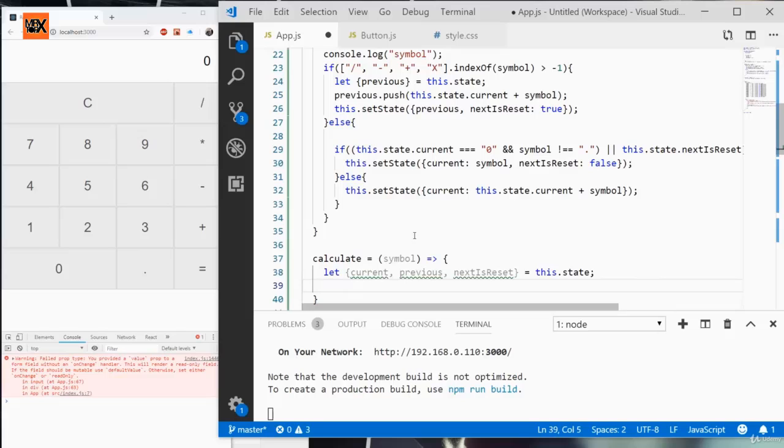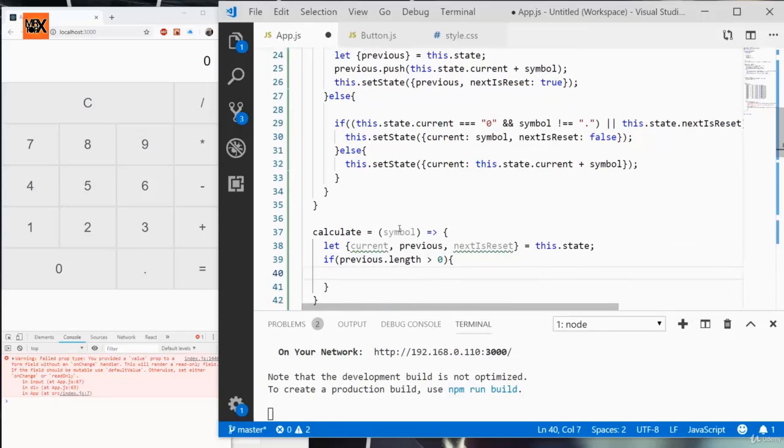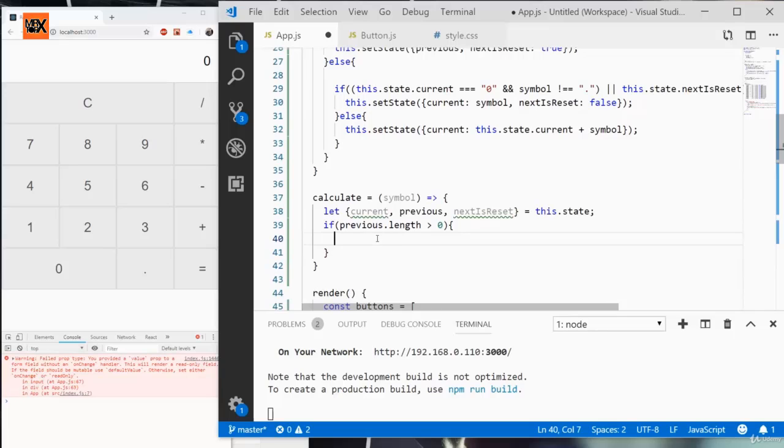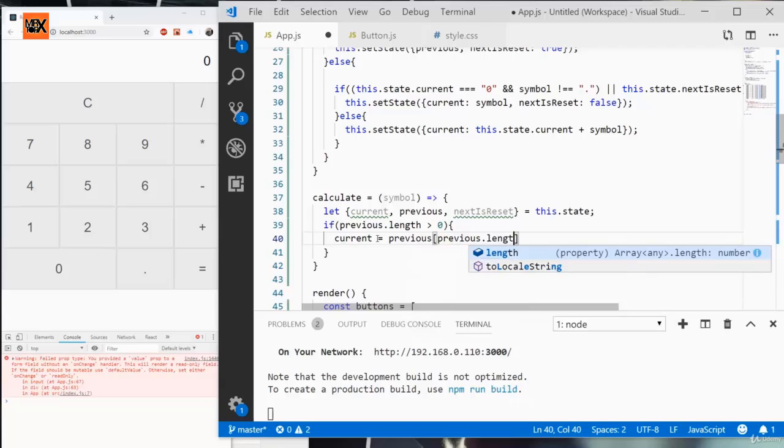So if there is a previous, so if previous.length is greater than 0, then we're going to move forward and we're going to say current equals previous[previous.length - 1]. So we're going to get the last array item in the previous array. So current is that